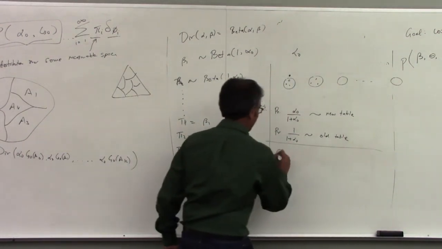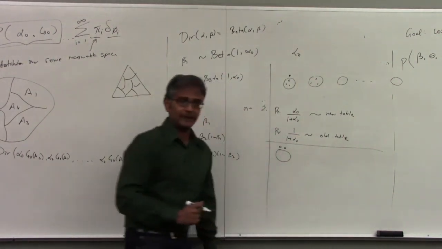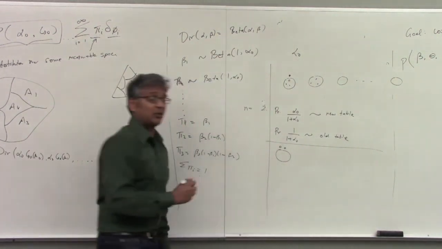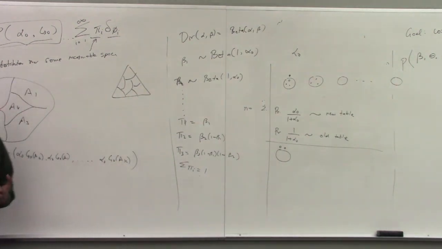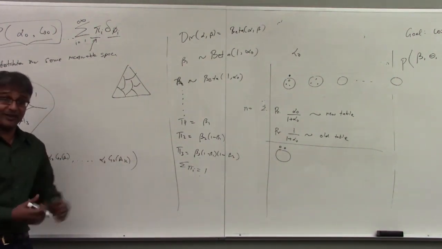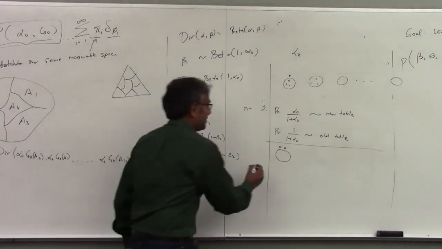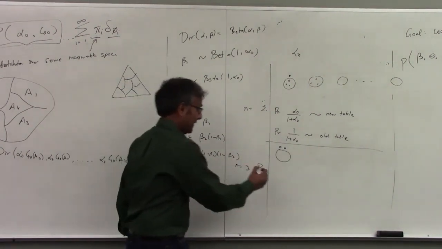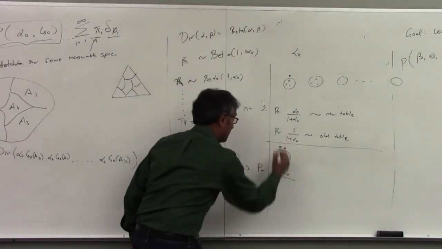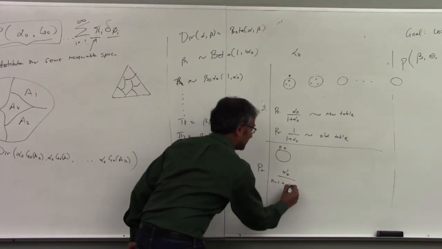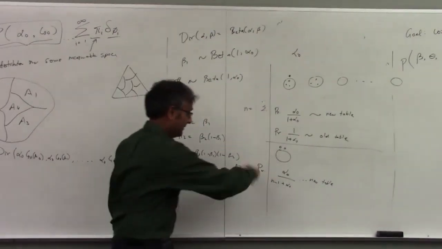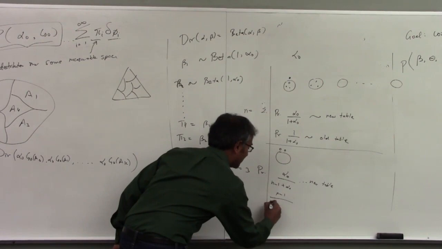So now let's say our picture looks like this. So I have one table and I have two people. Okay? Now the third person comes in. Again, the third person has a choice of whether to go to a new table or not. But now, people are social. They don't want to go to a table all by themselves. If you've ever been to a conference, you know what I mean. So you would like to go to a table where there are people already, so you can talk to them and all. So the probability changes. So now that n is equal to 3, the probability of going to a new table is alpha 0 over 2 plus alpha 0. So in particular, n minus 1 plus alpha 0. So that's a new table. And the probability of going to this first table will be n minus 1 over n minus 1 plus alpha 0.